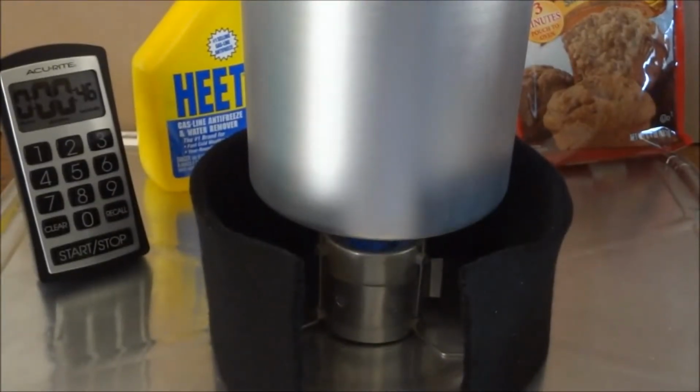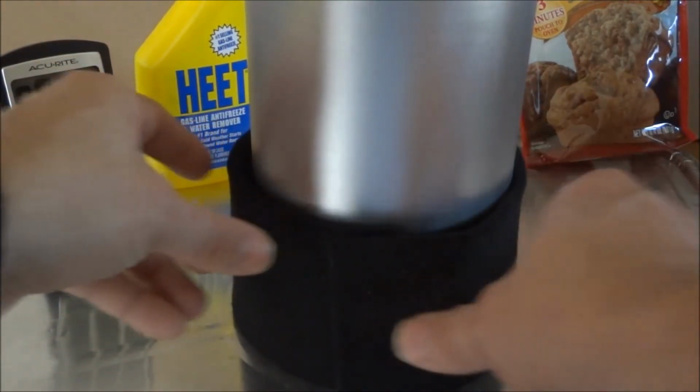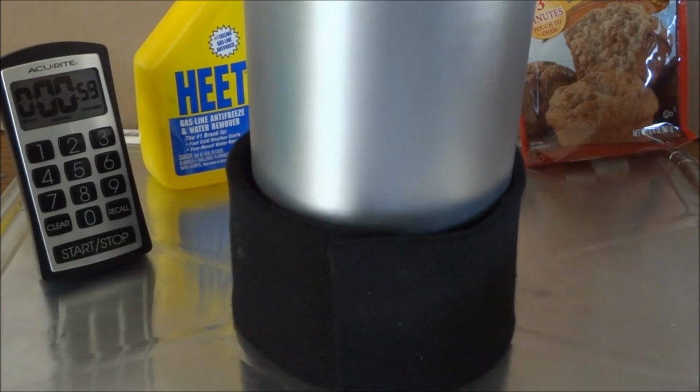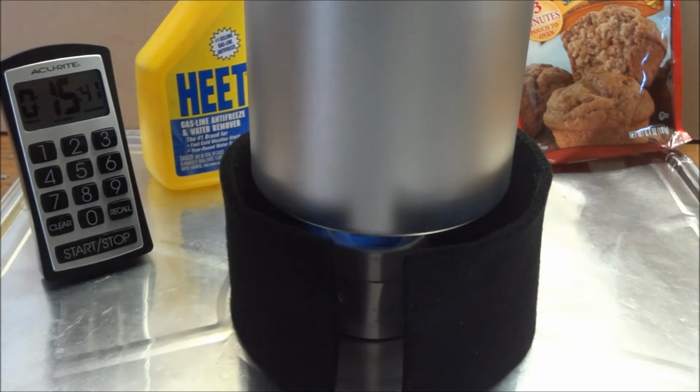It may take longer to bake than the penny stove did, but what I'm going to do is close the carbon felt up, and that'll allow more heat to get in there around the stove, around the pot, like so. And we'll come back and check on it in about 15 minutes or so. Okay, we're about 15.5 minutes in, and